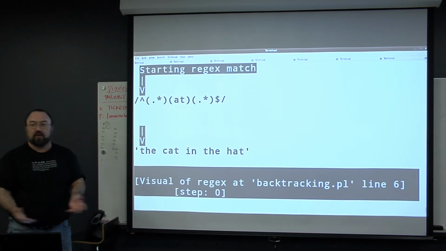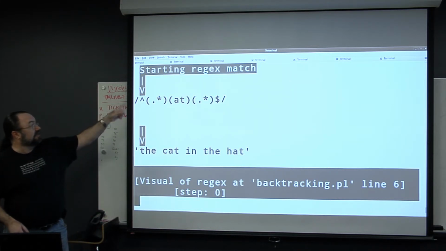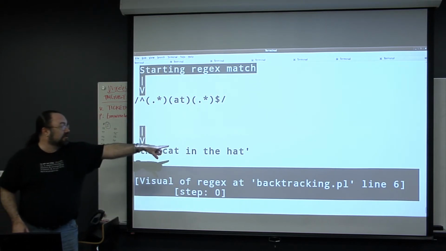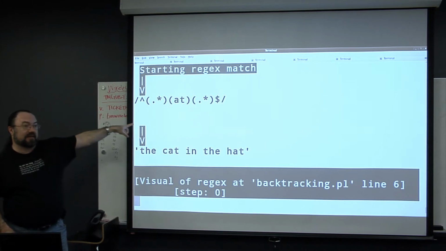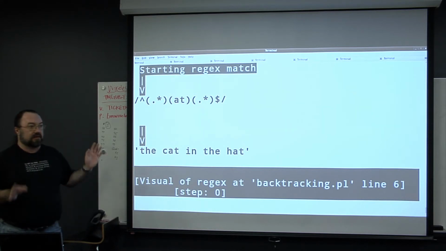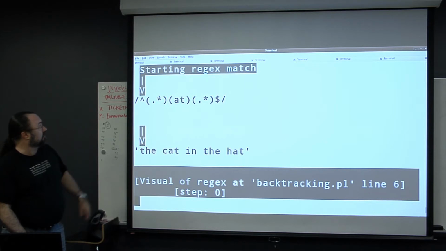The only key I'm going to worry about now is N, which just means next. So it's going to single step through matching this string with that expression. So I'm just going to go through a step at a time. If anybody has any questions, stop me. And then we'll just go through.